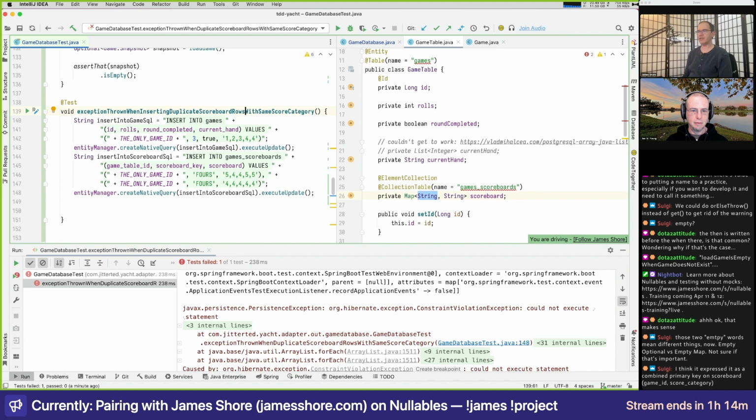No, I don't think that's the right test name. I think the right test name is something along the lines of database constraints prevent. Like that. This is what I was getting at, how we could have tested the not null: by basically trying to insert null and then asserting that we got an exception.